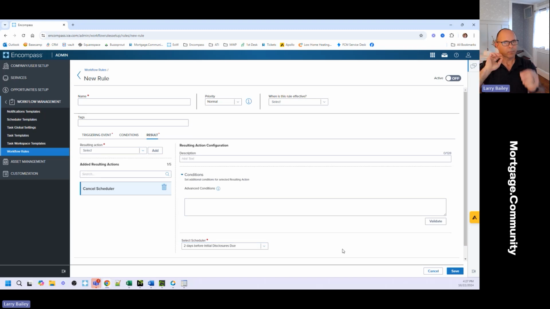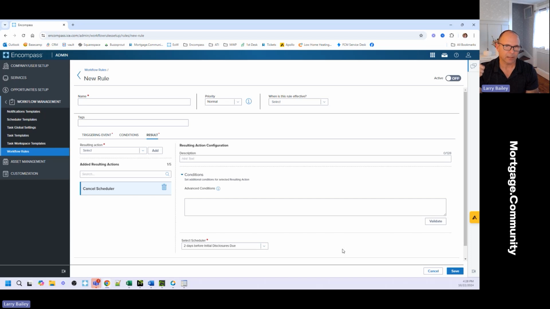So it's important to start thinking about as an admin, when do we want something to start? What do we want to do when it finishes? But what do we do when we don't want it to finish? Not every one of these schedulers or business or workflow rules that you have are going to need an off switch.